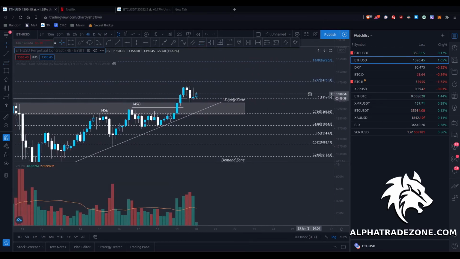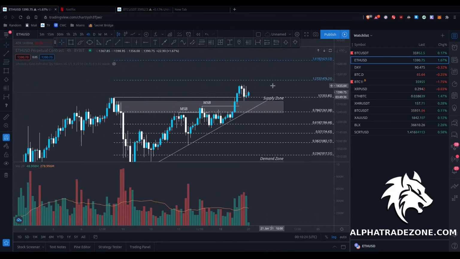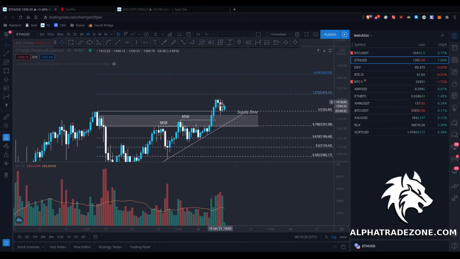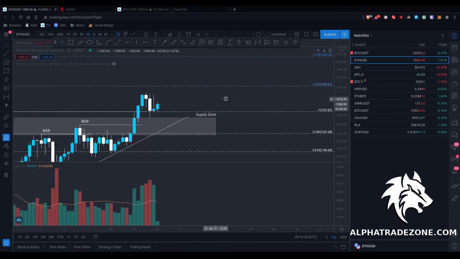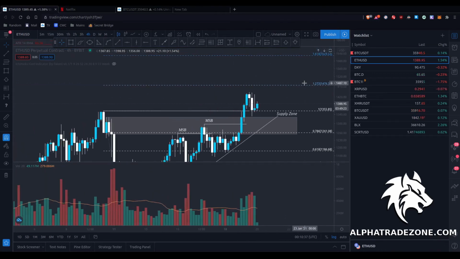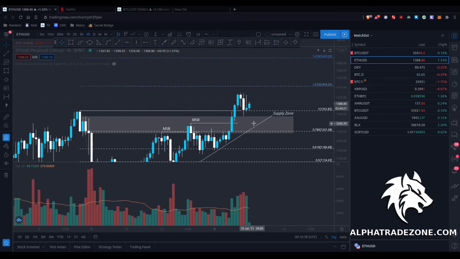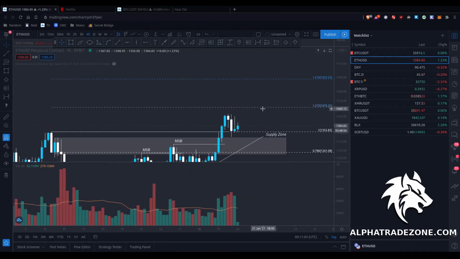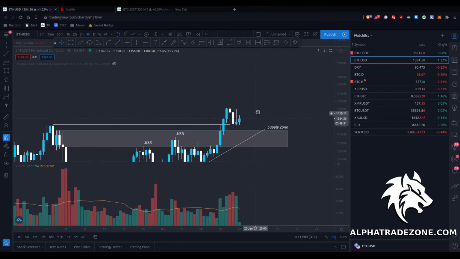See this 1476 zone as our first take profit. If we wanted to enter somewhere around here, we found a good entry. Now let's say there was an engulfing pattern here and it was associated with good volume, then we may want to place an entry and stop loss below this swing high plus ATR. We want our stop loss to be a good risk to reward. So I don't really want to be looking at entries